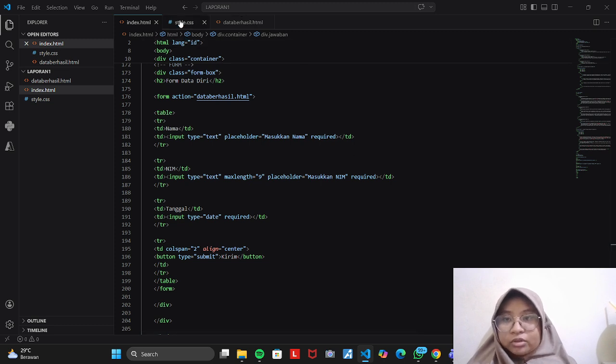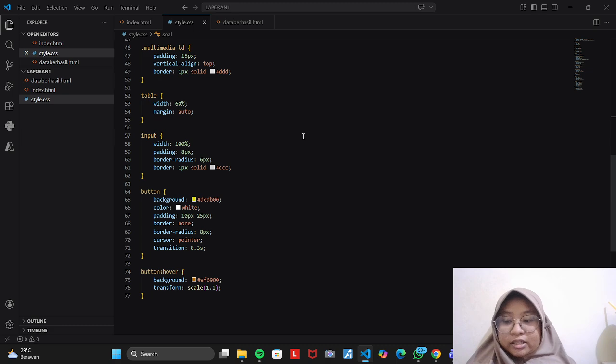For styling, I use an external CSS file. The overall design applies a modern layout using a centered container with a responsive width. A gradient background is used to improve visual appearance. Each section, including question, answer, and form, is styled as a card using a white background, padding, rounded corners, and box shadow to create a clean and modern interface. This card design improves readability and gives a clear separation between sections.